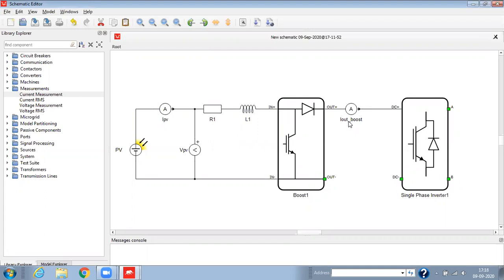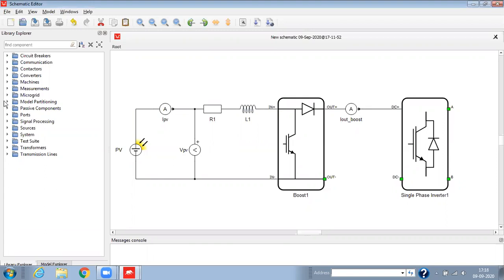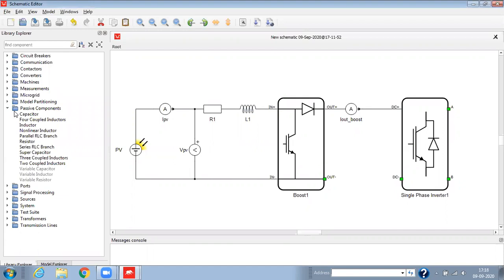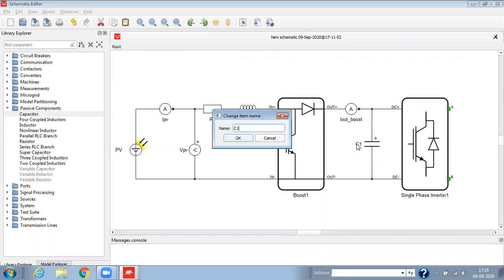Now we'll drag one DC link capacitor here. We'll go to the passive components and drag a capacitor. Now we'll connect it and rename it.